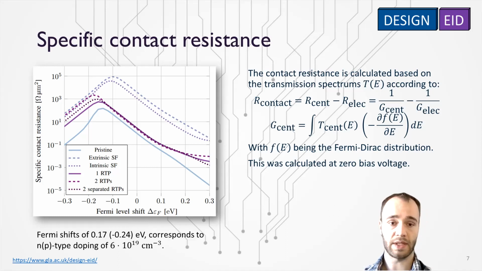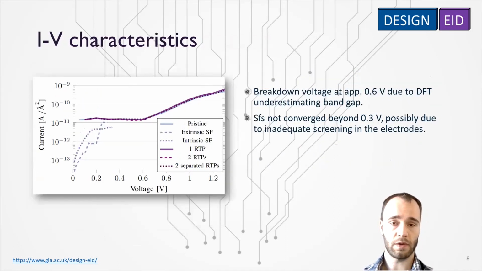The next step in my investigation was to add a bias to the system and try to actually run a current through it. The resulting IV characteristics can be seen here. And as expected, we don't see any decrease in the current from any of the RTP systems. At least the difference between the RTPs and the pristine system is within numerical accuracies, so we can't really say anything. The stacking fault, on the other hand, strongly dampens out the current, with the extrinsic SF damping out the current more,